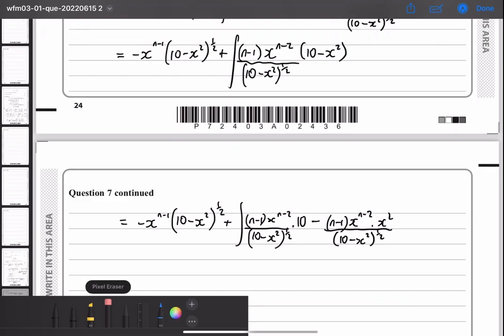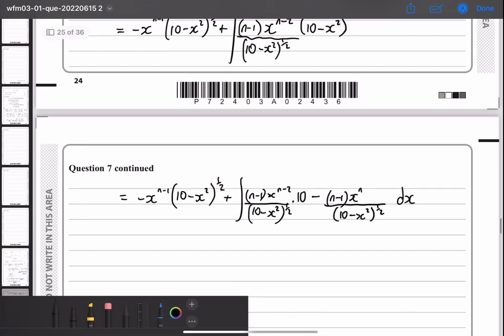Now this x squared, when I multiply that here, combines to give me x to the n, and I hope now it's really clear what I've done and what I've ended up with and why this is good. Because what we've got here is two terms that are both integrals, so I could actually split the integral there,